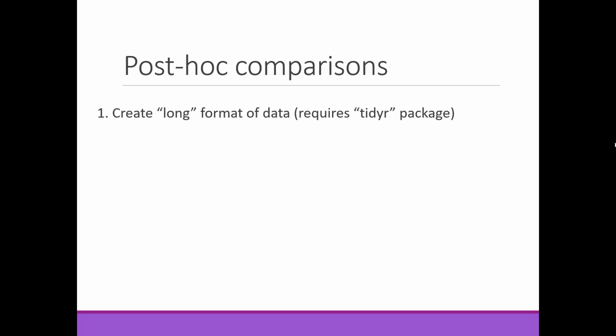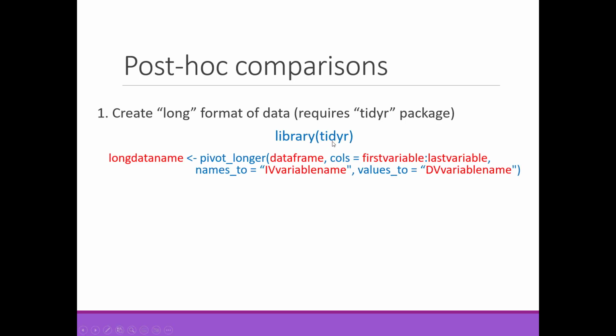And so here's the code for step 1. You load the tidyr package, and then you will be saving your data set, whatever you name it. So here's however you name that long format of data. And we're going to use the pivot_longer function. And then within parentheses, there's a lot of information, starting with what data frame you're using. So this is the name of your wide format data set that you already have in your environment, most likely.